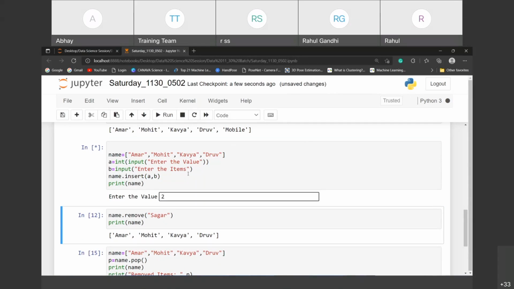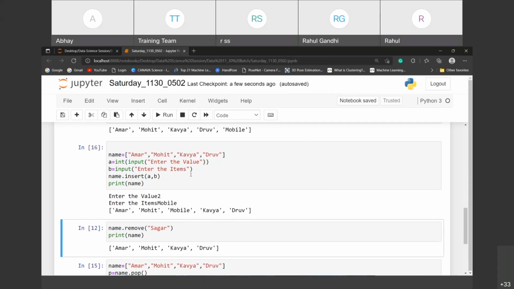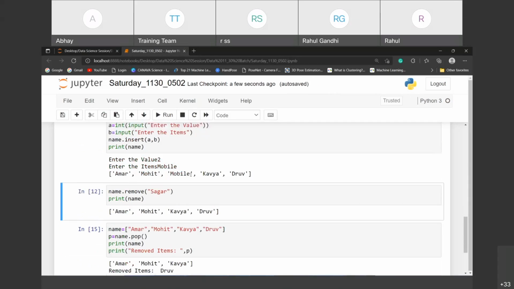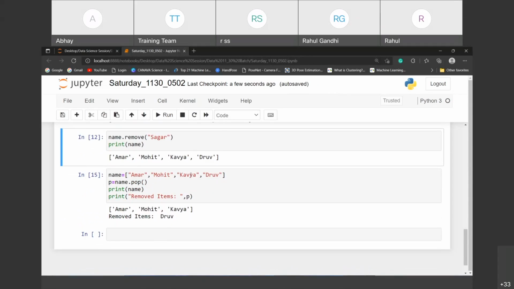Okay, second is, who is that second? Kavya is there. Okay, and enter the item, suppose I will take mobile. Check out Amar, Mohit, mobile, Kavya, true. So in this way also you can add the values, insert the values. So whenever you see, that time by variable you are able to go like that. So you can choose.